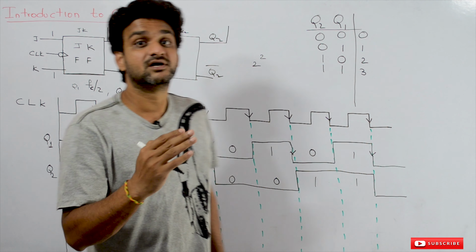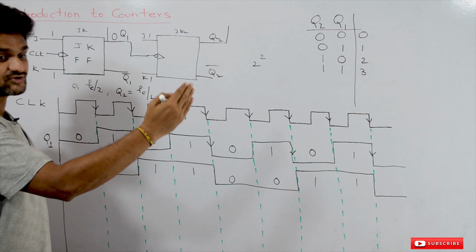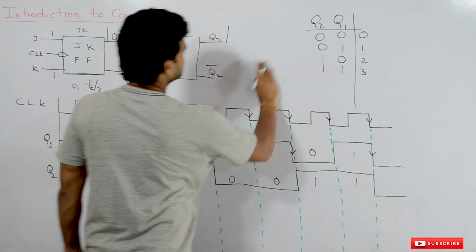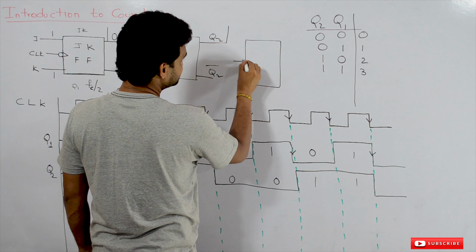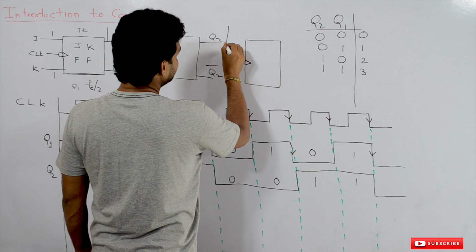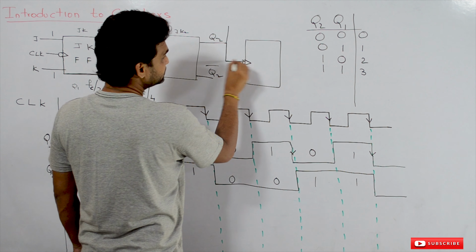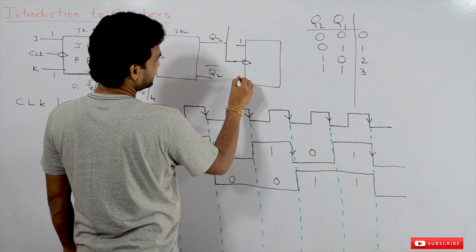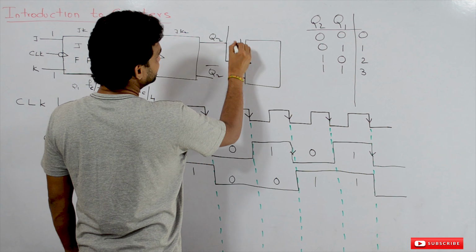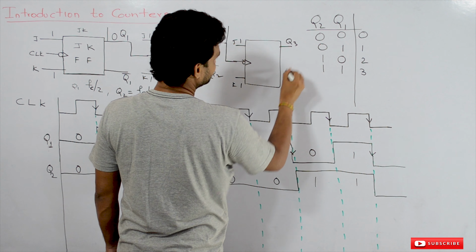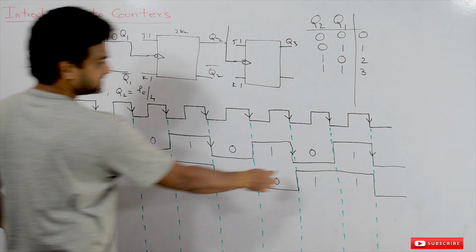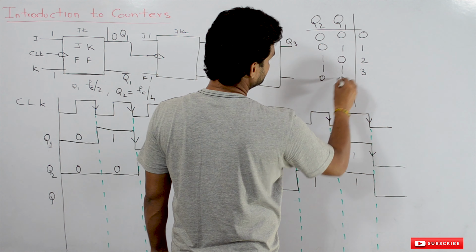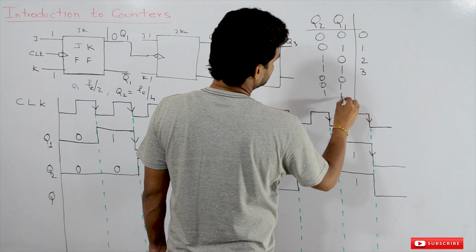So what if the interconnection extends, in the sense if you add another flip-flop to this? Let's check. You'll get the complete idea after this. So another flip-flop has been added and this Q2 will get added to this clock, and here J is 1 and K is 1. So what is the output at Q3? Q3 will get added. So let's check all these values. It is 0, 0, 0, 1, 1, 0, 1, 1.